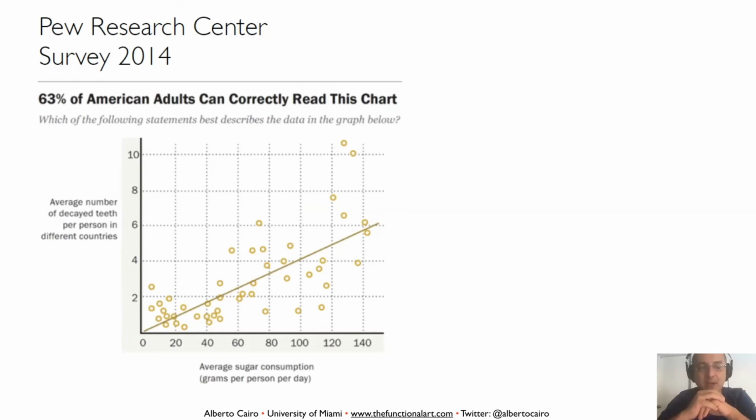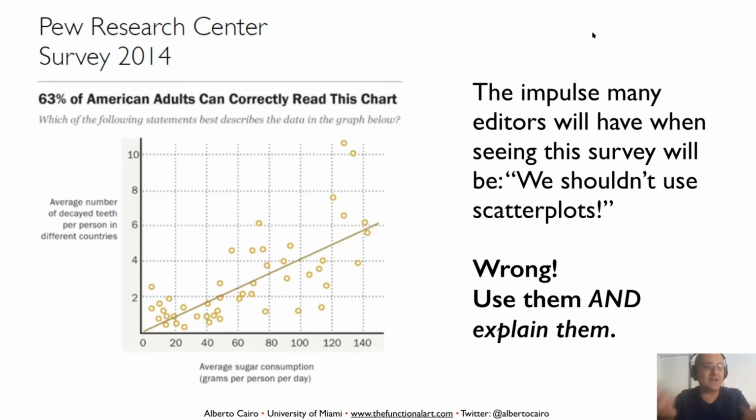And why is that? Well, because we journalists love circular reasoning or self-fulfilling prophecies. We knew that people couldn't read a scatter plot, therefore never publish a scatter plot, because that will confuse your readers. That's a self-defeating strategy, right? I used to argue many years ago that the impulse of not publishing something because the reader will not understand it will lead you to a situation in which your readers will never understand that graphic just because you never use it. You need to use it at least once and then explain it.